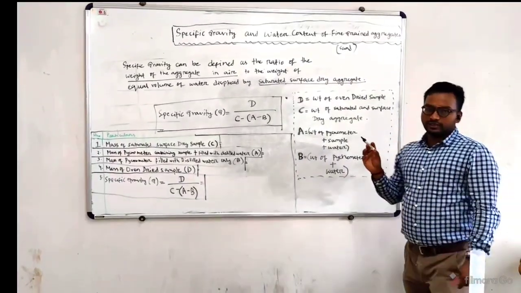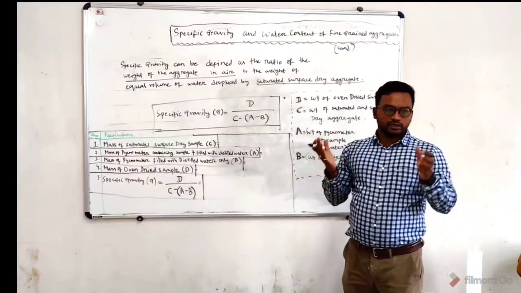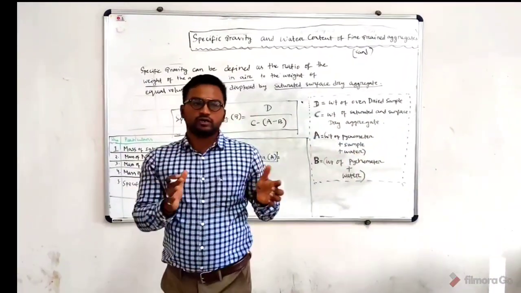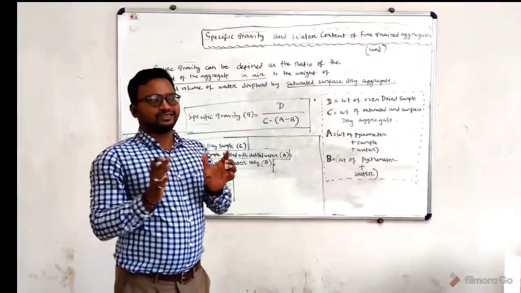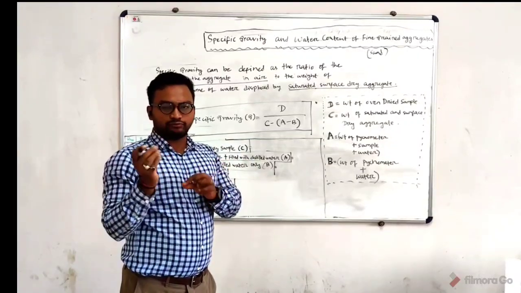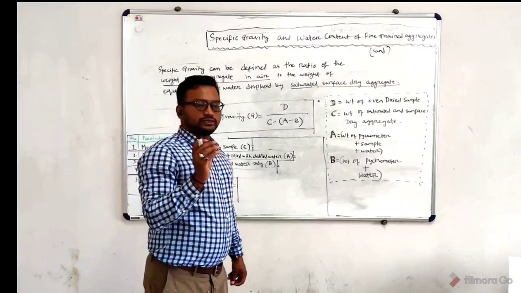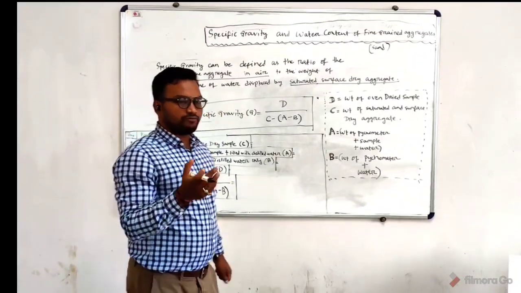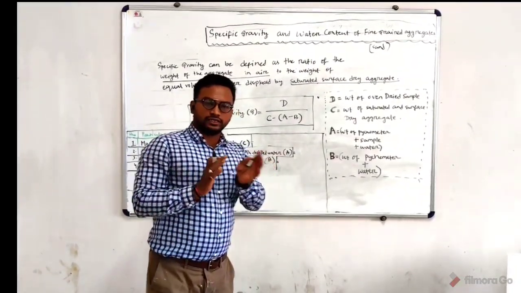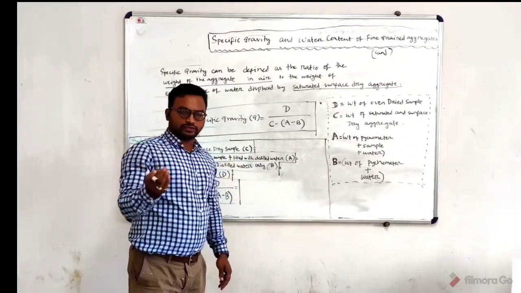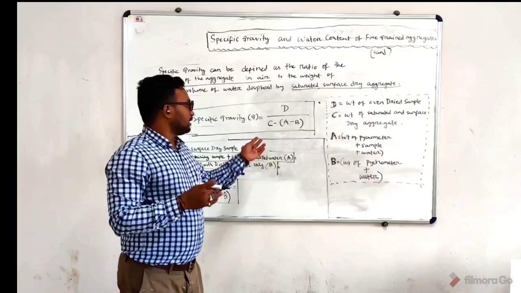It is generally when we collect sand from a sand pit or what. Generally, sand is not in a dried condition. It absorbs some moisture from the nature. That is called saturated surface dry condition. But in lab we create this condition in a different manner. We will not show how to create the saturated surface dry sand.